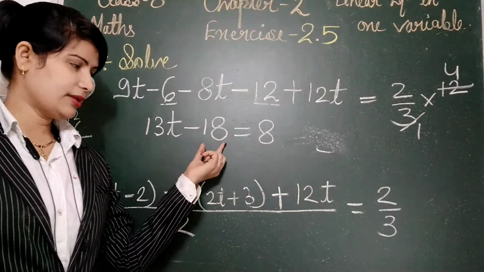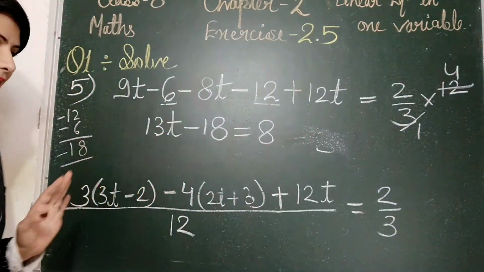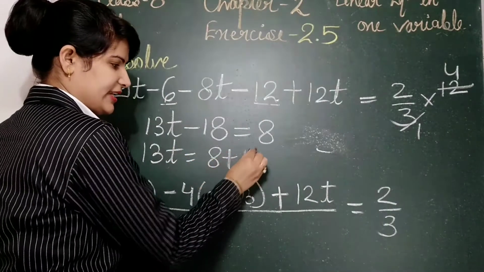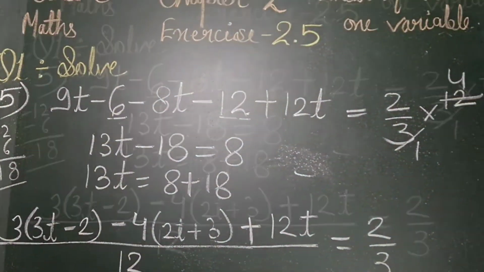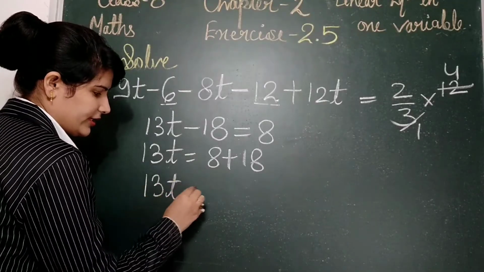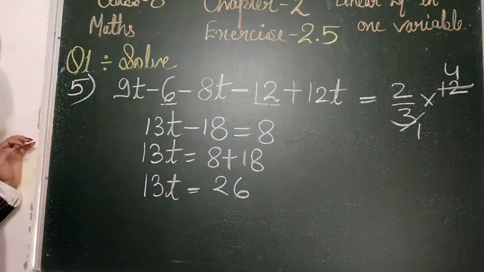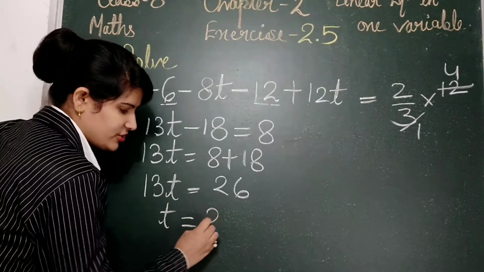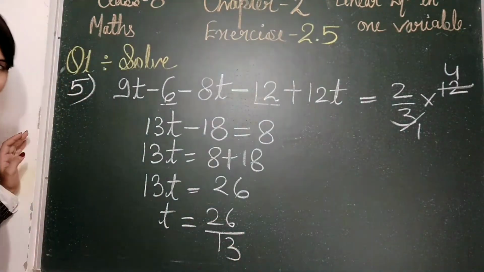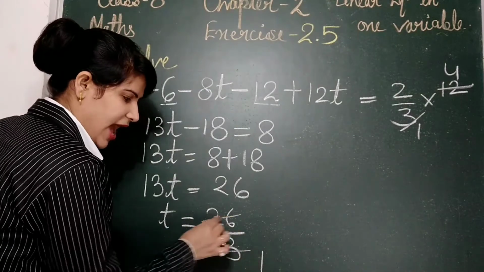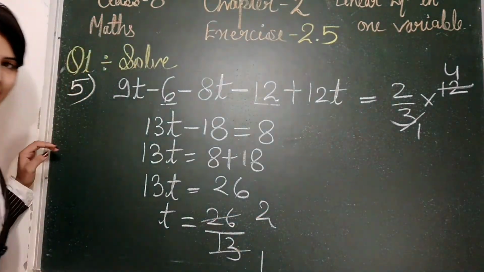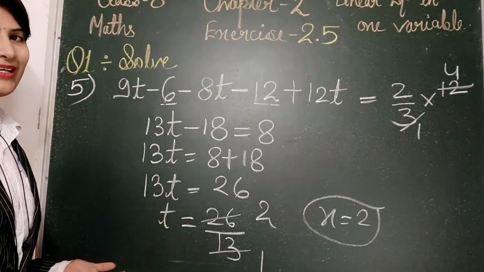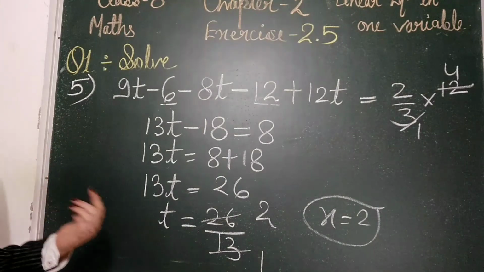Now minus 18 will transfer to that side. It will become plus 18. So 13t is equal to 8 plus 18. Now 8 plus 18 you get 26, so 13t is equal to 26. Now 13, which is in the form of multiplication, will change into division, like this 13. So 13 ones are 13 and 13 twos are 26. That means t is equal to 2. These are all the steps to solve the fifth question. Now solve it and do